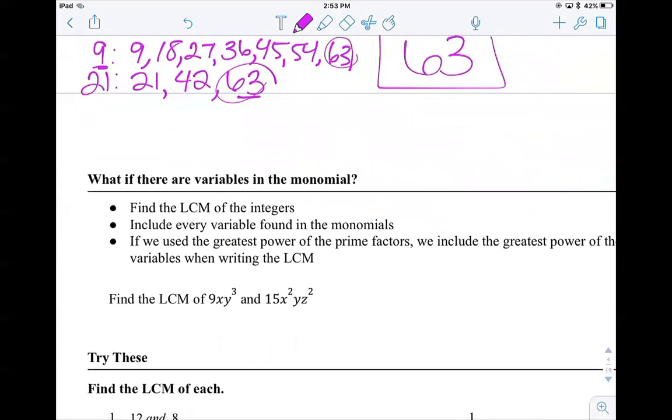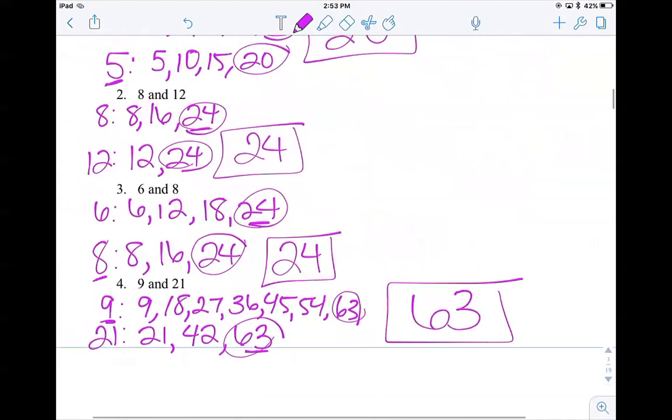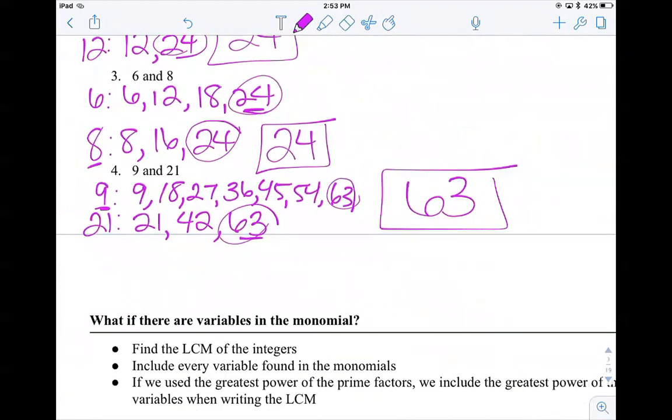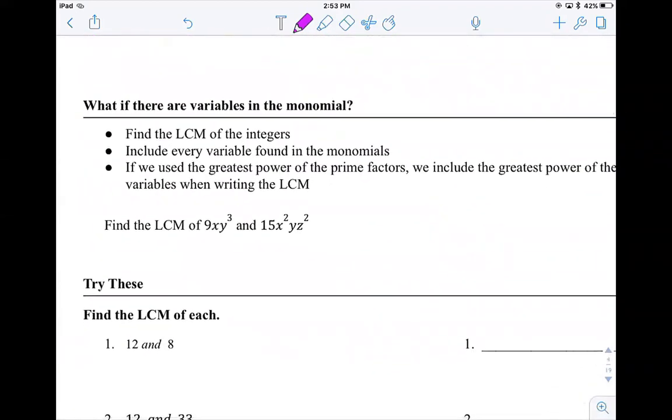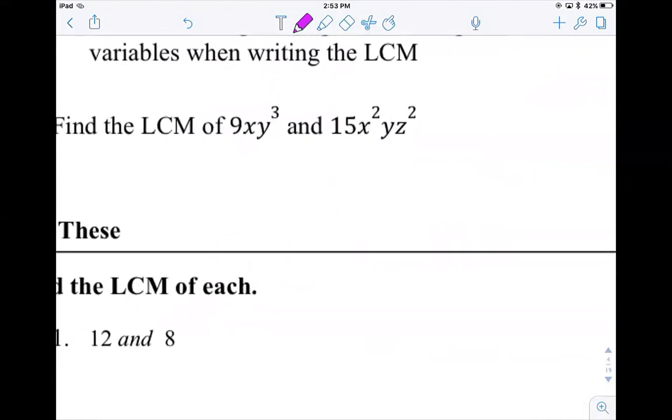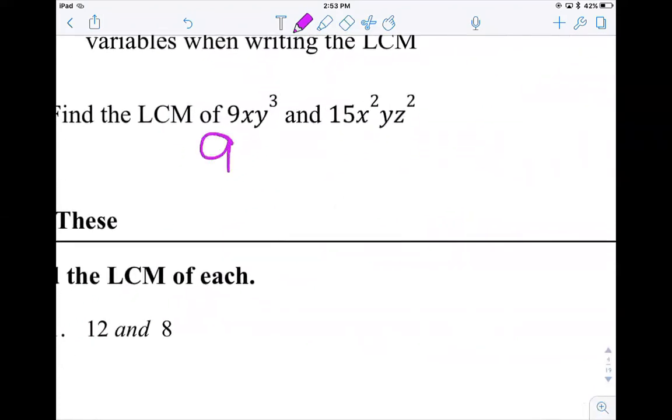So the very last part of this is now doing it with variables. And it's just like what we did up top here, but now we're going to take the highest amount of variables with the exponent. So for example, if we do the LCM of 9 and 15,